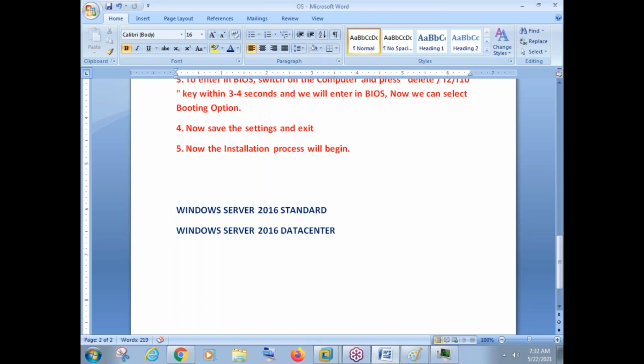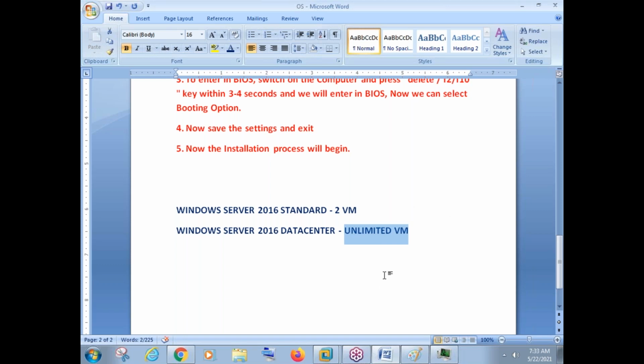I'm not sure how much you can understand when I explain what virtualization is here, but I'll try to explain. If you go with the standard version, standard Windows Server 2016, you can take this DVD and install it in two virtual machines. Take this Windows Server 2016 Standard Edition and we can install this in how many virtual machines? Two virtual machines. And if you go with Data Center, you can install in unlimited virtual machines. There is a difference. Standard can be installed in how many machines? Two machines. And Data Center can be installed in unlimited virtual machines.